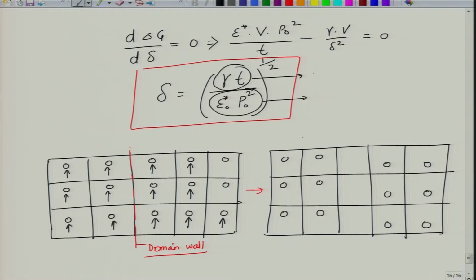So, these regions will have up, in these regions it will be down, and in the regions in the middle, there will be a change. So, you might have a little bit of intermediate positions somewhere here. So, this region will be the domain wall,